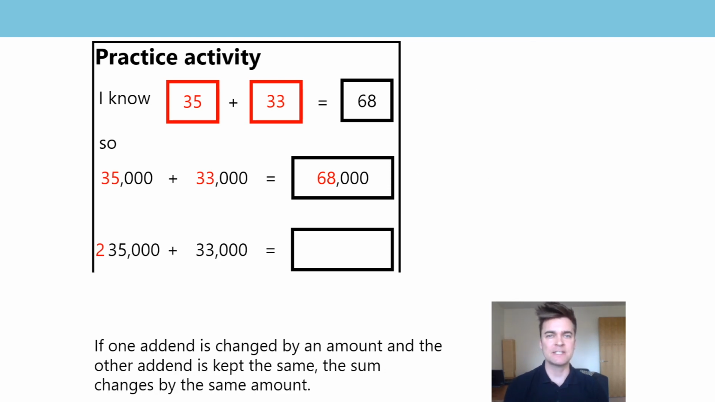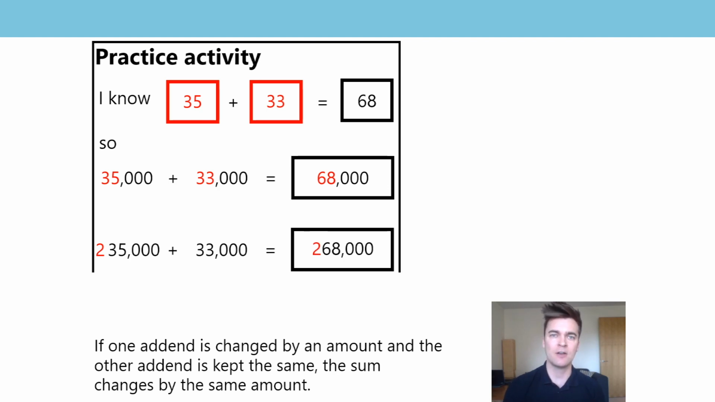So now the stem sentence has changed for a generalization. We were using this last lesson. So looking closely this time at the missing sum that we're working out, that 2 in the number 235,000, the 2 represents 200,000. Using the sentence, if one addend is changed by an amount, 200,000, and the other addend is kept the same, 33,000, the sum changes by the same amount,